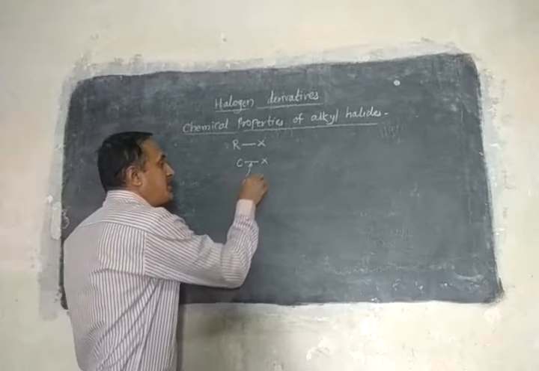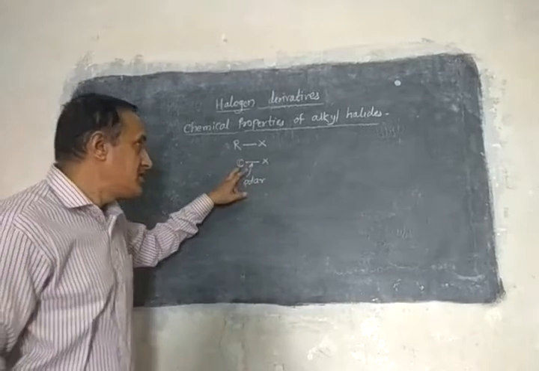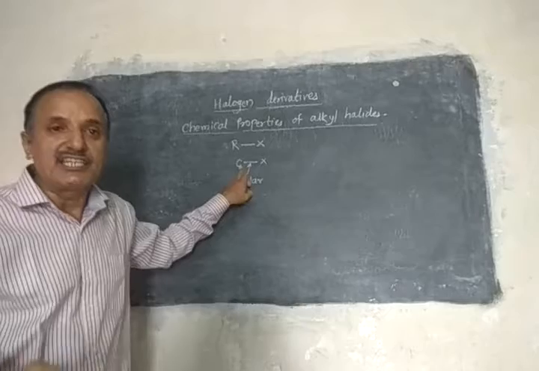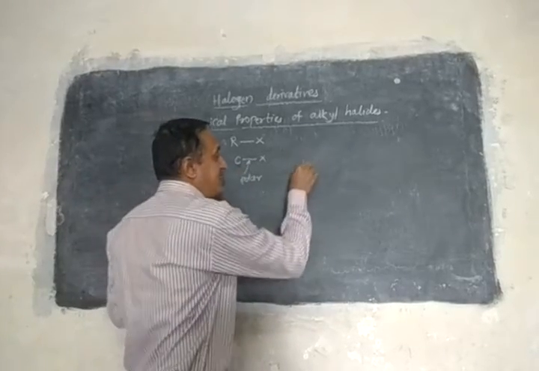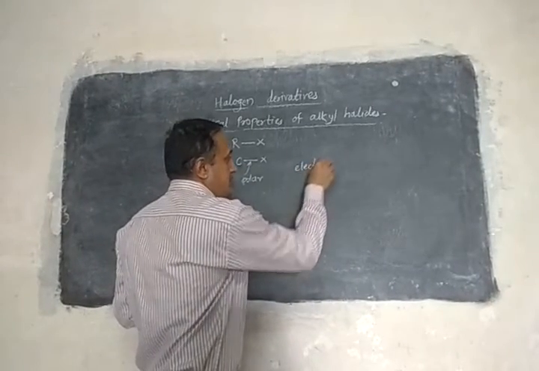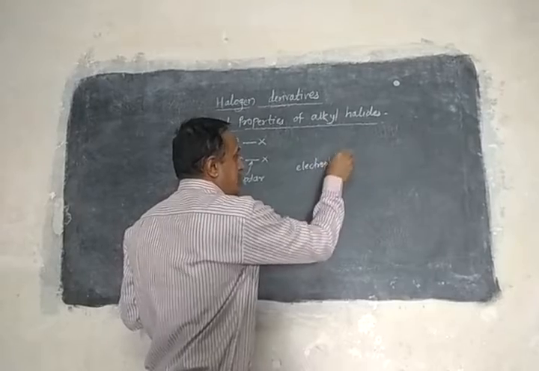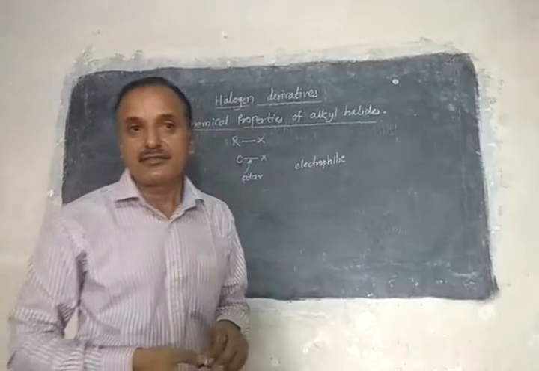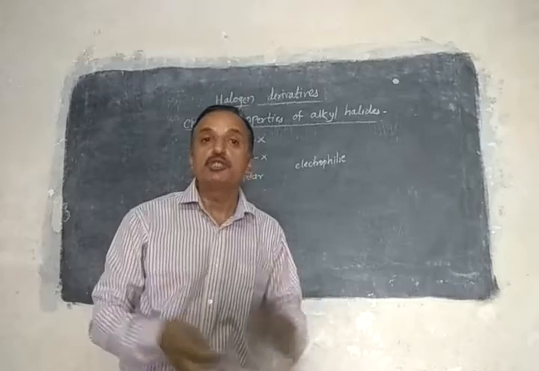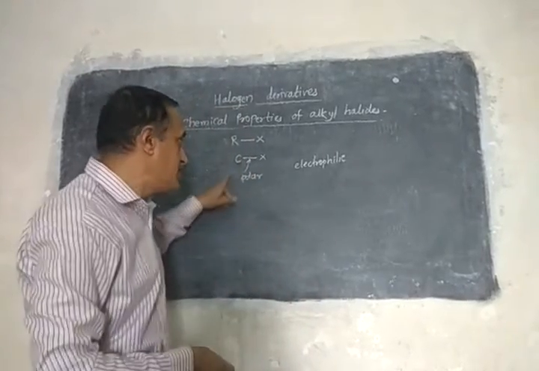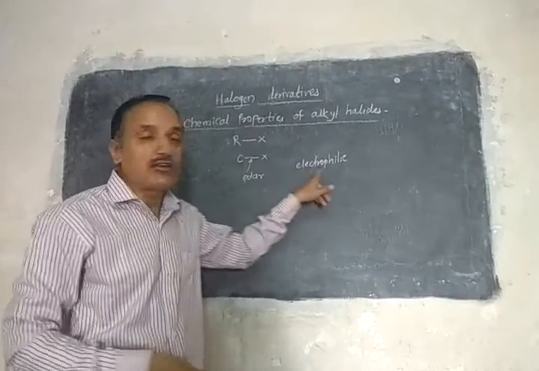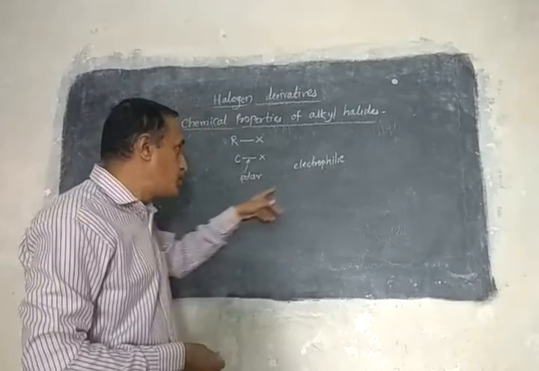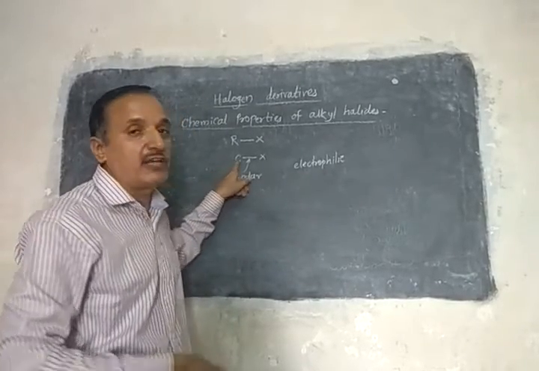So this carbon becomes an electrophilic center. Electrophile means a positive center. So here the carbon becomes an electrophilic center, and a nucleophile can attack this carbon and